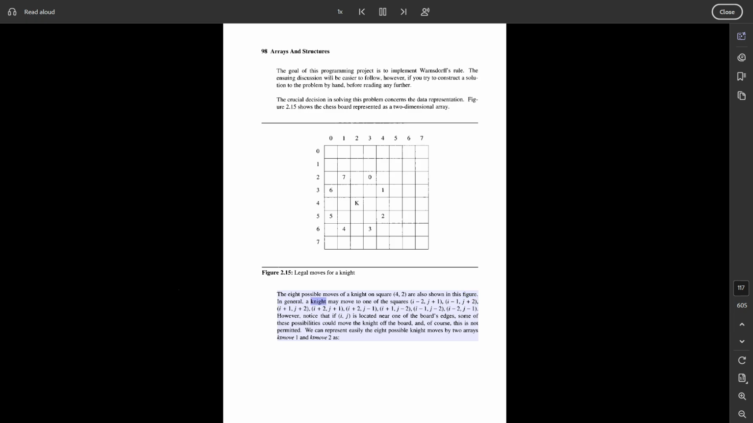In general, a knight may move to one of the squares I+1, J+2; I+2, J+1; I+2, J-1; I+1, J-2; I-1, J-2; I-2, J-1; I-2, J+1; I-1, J+2. However, notice that if I, J is located near one of the board's edges, some of these possibilities could move the knight off the board, and, of course, this is not permitted. We can represent easily the 8 possible knight moves by two arrays Kmov1 and Kmov2 as: